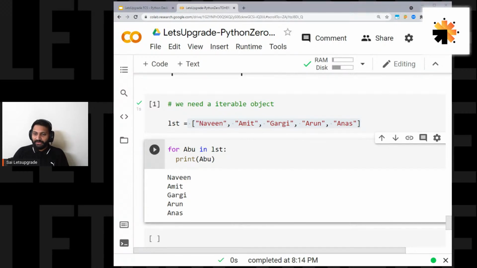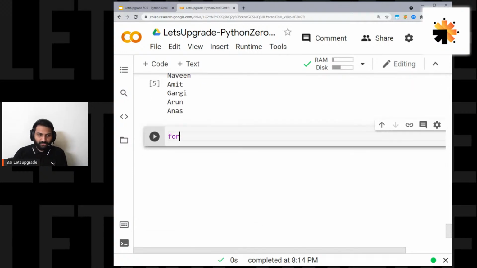Next, we have the question: can we define objects for a list and iterate it? I mean, can we define a list here itself, you're saying? Okay, let me write down one more thing. For Abu in,